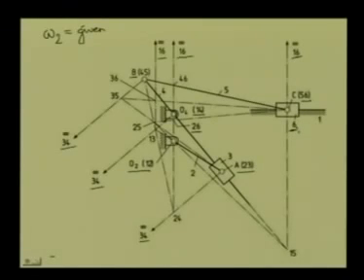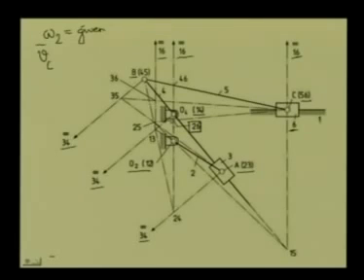What is the velocity of link 6 or velocity of the point C, which is the same as the sliding velocity of the cutting tool? Now, to determine this, we argue it out as follows. Let us consider this relative instantaneous center 2, 6,